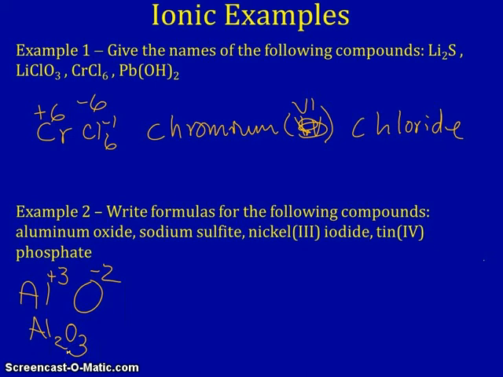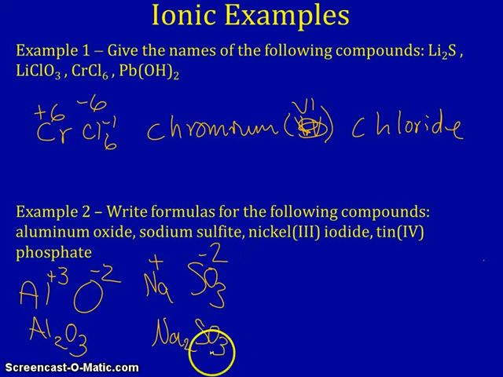With sodium sulfite, we've got sodium and we've got sulfite. Sodium is Na. It is positive. Sulfite is SO3. It is -2. So when I put those together, I get Na2SO3. Nickel 3 iodide. Well, the 3 is just telling me what nickel's charge is. So nickel +3, I -1, and I get